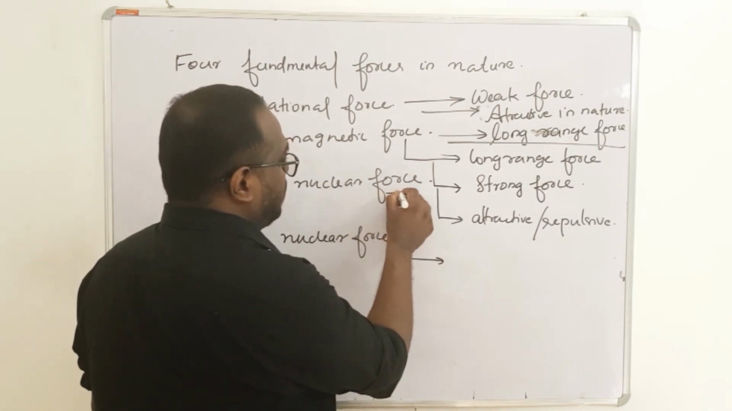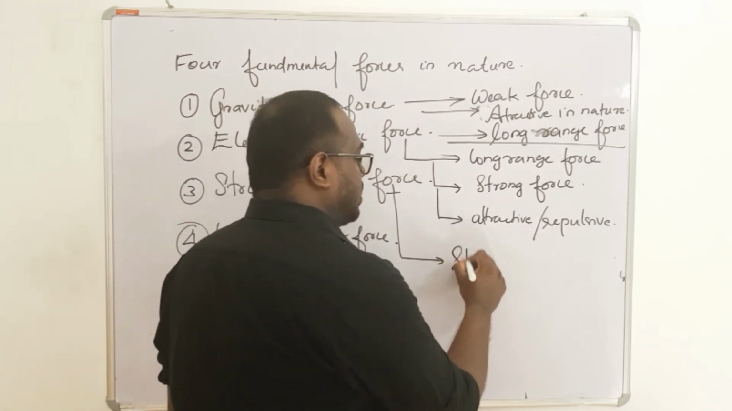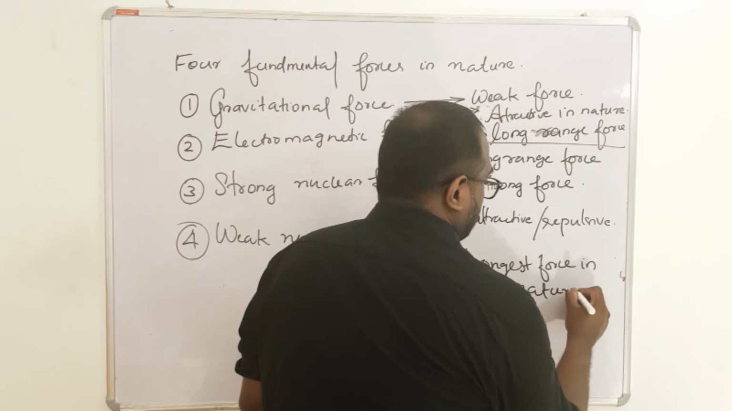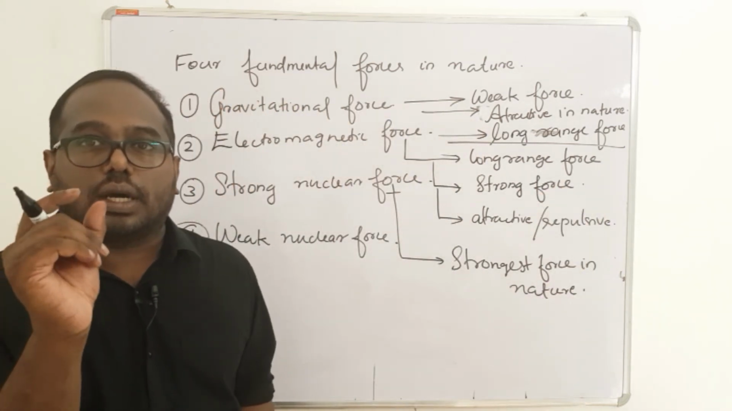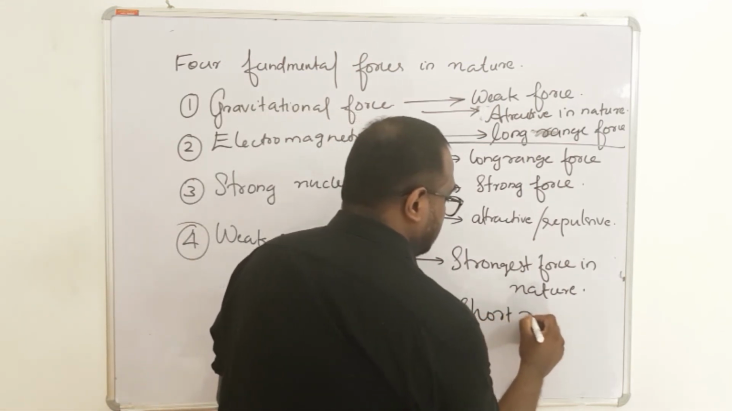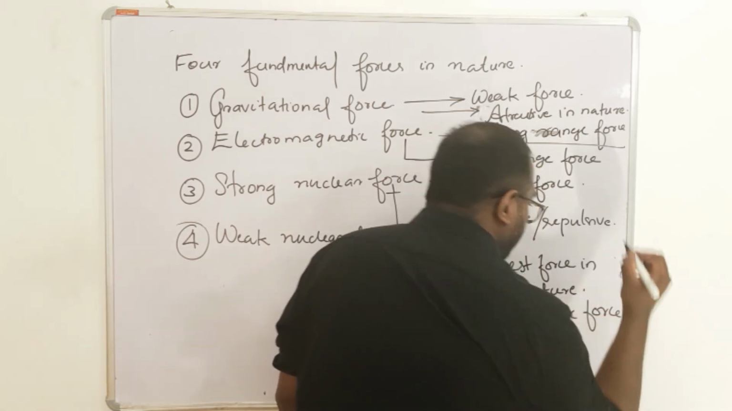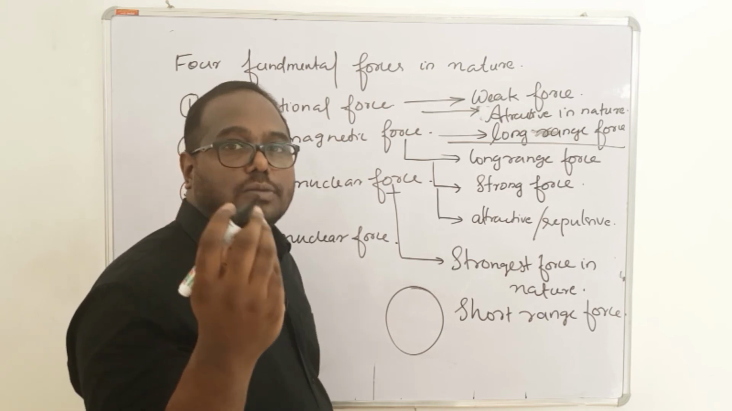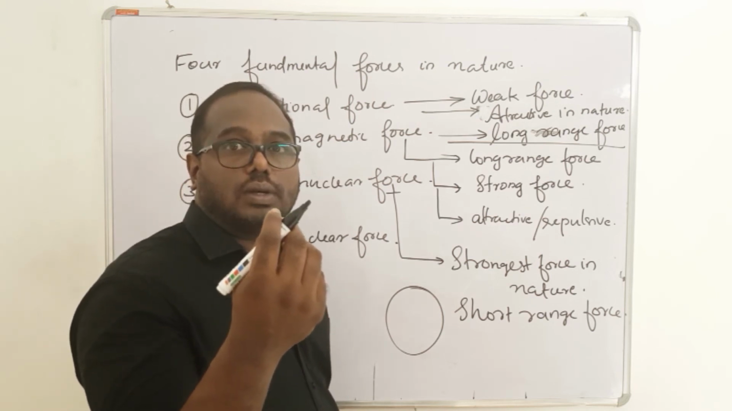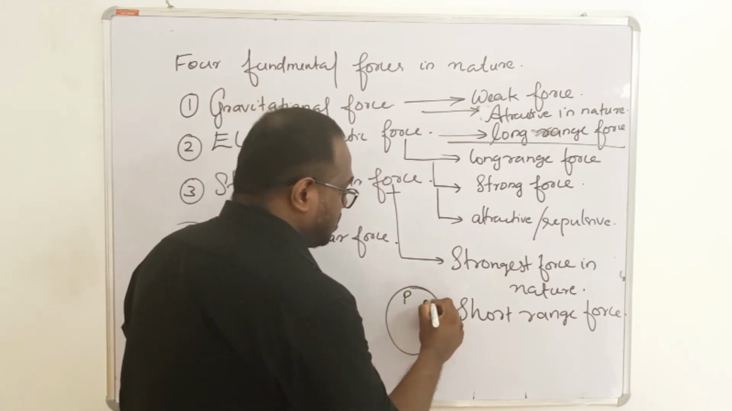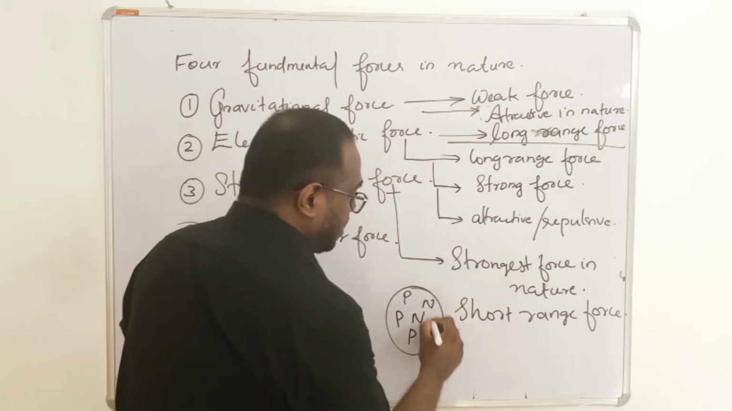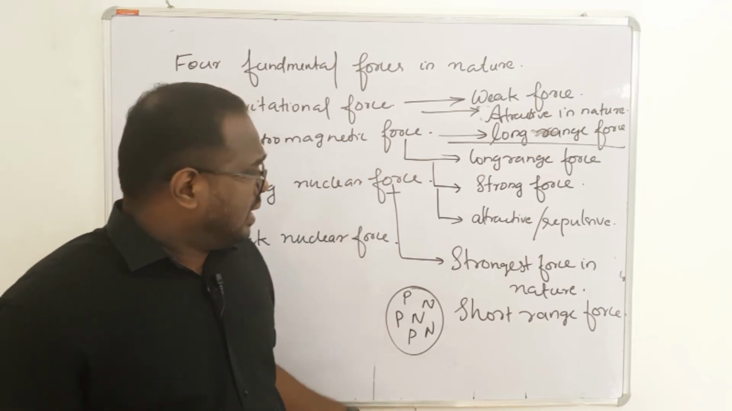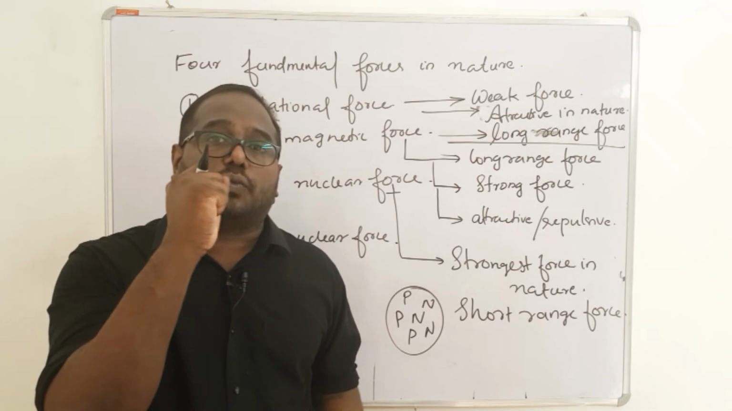Strong nuclear force. So strong nuclear force is the strongest force in nature, and it is a short range force, because this force we can experience within the nucleus only. You know, atoms consist of nucleus and electrons. Nucleus consists of protons and neutrons. So protons and neutrons are inside this nucleus, right? Neutrons are basically neutral in nature. Protons are positively charged. So all protons and neutrons are bound together with a force. That force is called